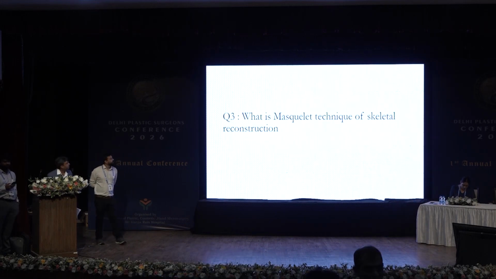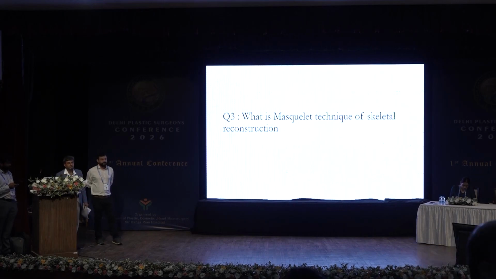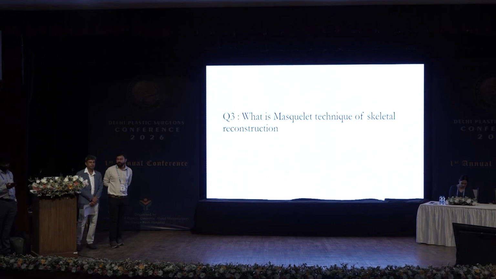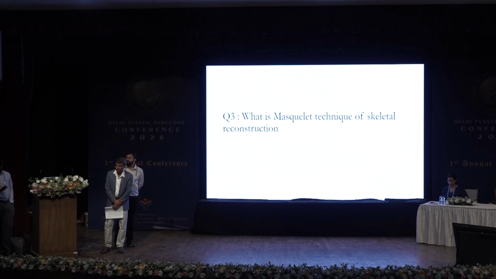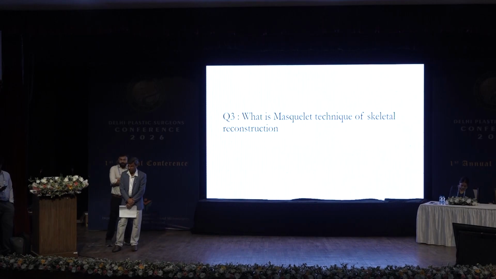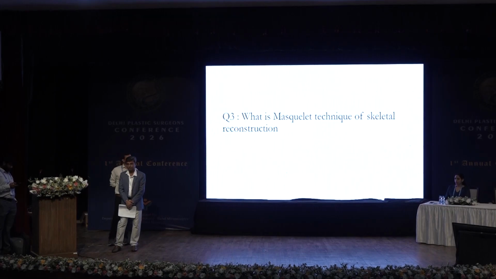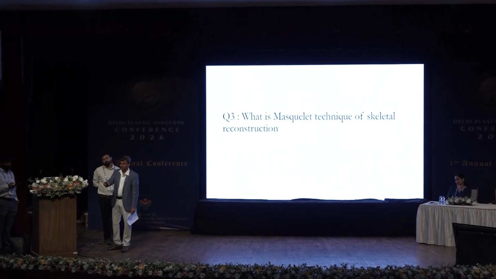Okay, the next question is, what is Masquelet technique of skeletal reconstruction? Team D. Sir, it is a technique where the skeletal reconstruction is done in stages. In the first stage, bone cement is placed for the formation of a layer. Bone cement is placed or something else is placed? You have to be very specific. Allograft. Anyone else? PMMA, polymethyl methacrylate is placed. Spacer. Spacer, then biomembrane is formed, and later on,